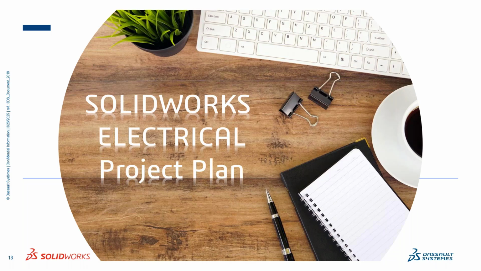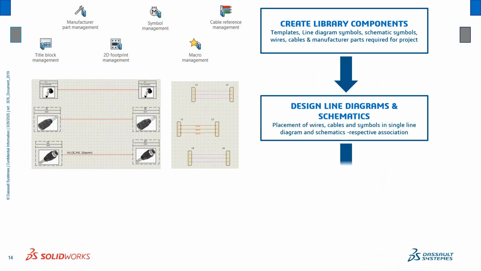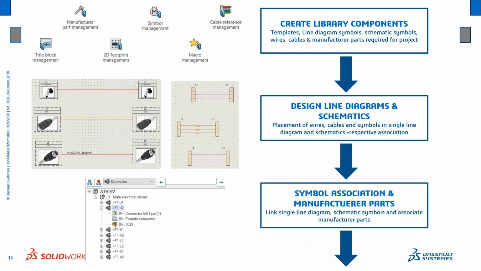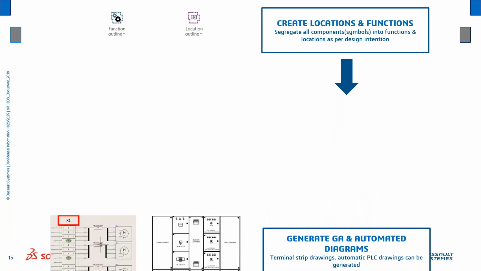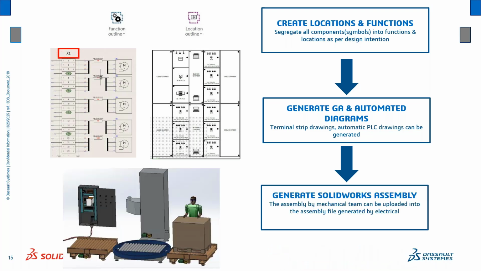Now coming to the SolidWorks Electrical project plan, like we discussed earlier, these are the electrical design procedures. If you want to go for creation of any project, it should start with the library component creation, design the line diagrams and schematic. Then you have to go for symbol association, manufacturer parts, after which you will be able to go for locations and functions, generate the general arrangement or automated diagrams,